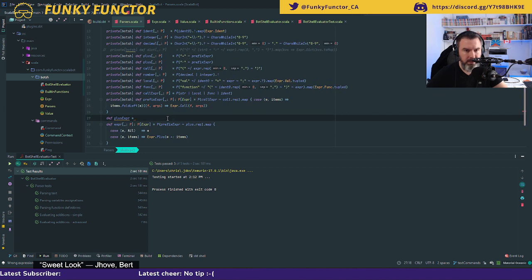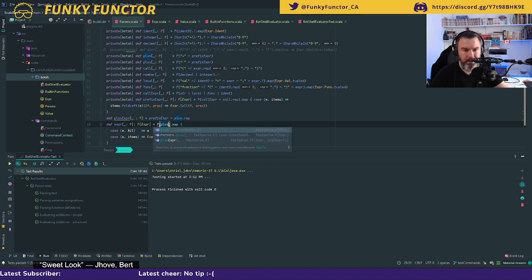I have this thing here: prefixExpr tilde that. Then I need to use this weird syntax, and I have to give you a disclaimer: I'm not quite sure what this underscore P does. I should look it up, but all the examples I had were using it, so that's why I am using it. So here, plusExpr: if I have an expression that starts and then I have a plus, then I'm going to use that.